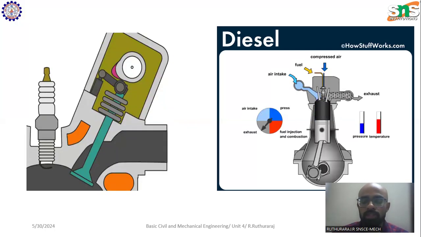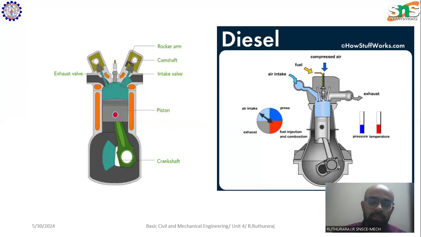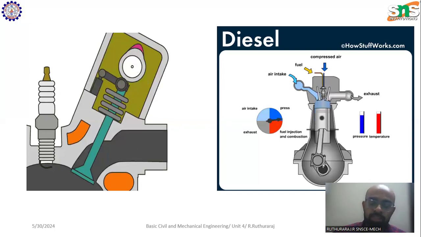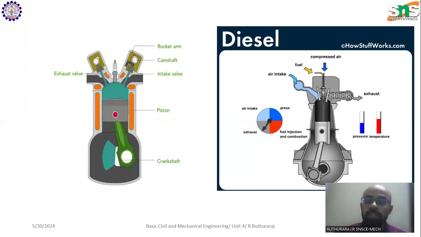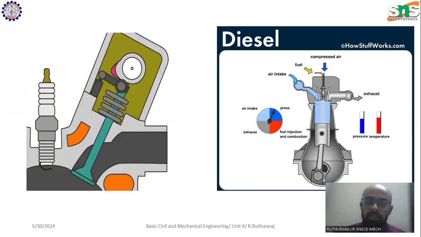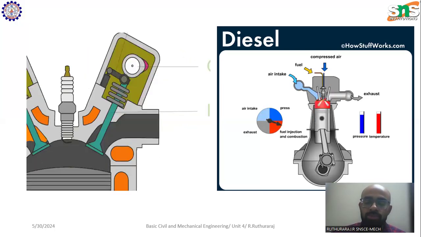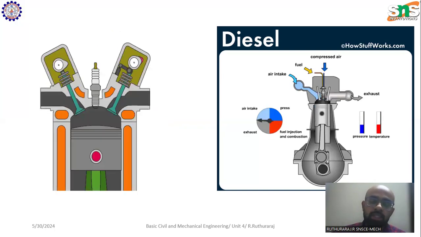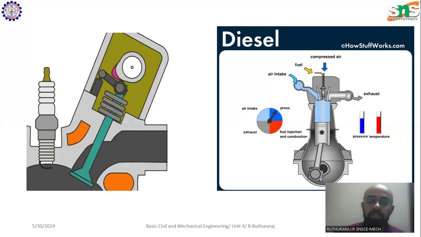What type of fuel may be used in a spark ignition engine or compression ignition engine? The question arises. We all know petrol is more volatile than diesel. So if you ask a common man which fuel needs a spark to ignite, petrol or diesel, you may say petrol, because petrol is readily volatile. If you keep it in the outside atmosphere, it will evaporate rapidly. Based on that understanding, you may say spark is needed for petrol and not for diesel, but